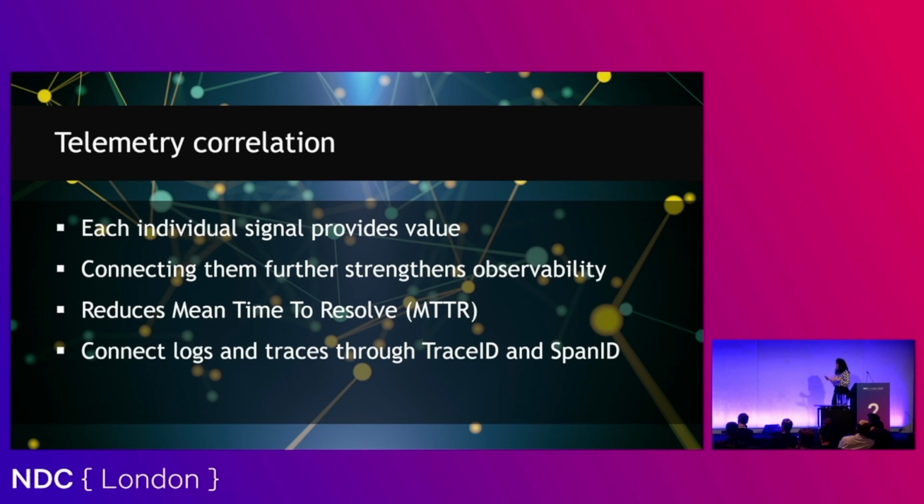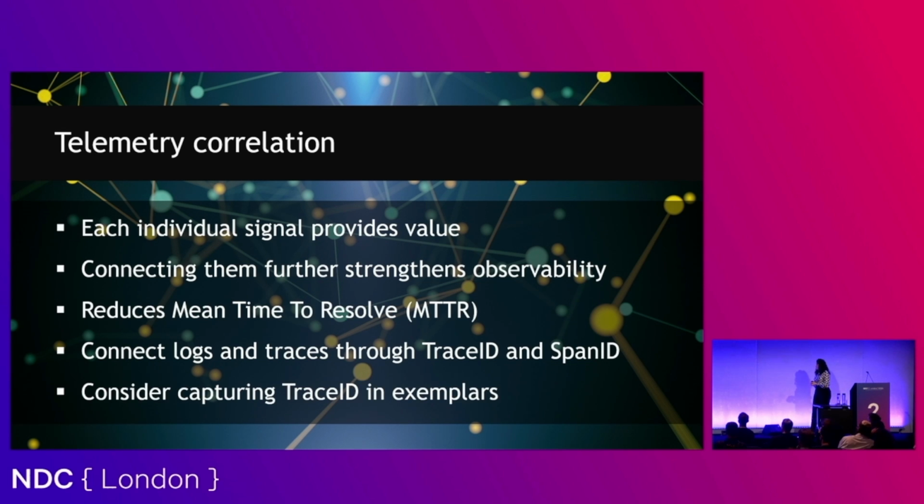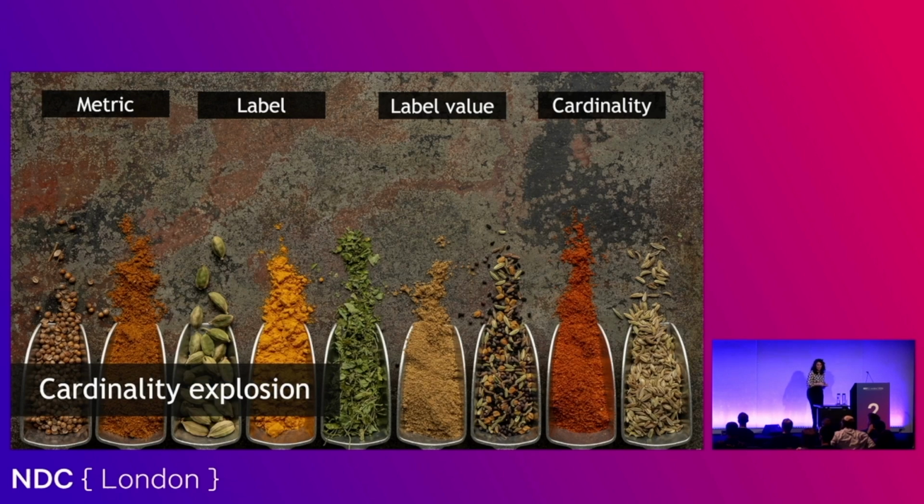So what we want to do is connect our logs and traces. So basically what's going to happen is that in our log format, we're going to have the trace ID and the span ID included so that that information is connected. If you're looking at traces, you know how to find logs, and the other way around as well. And we can also consider capturing trace ID in what's called metric exemplars. But here we have to be a little bit careful to not introduce what is called cardinality explosion. Now, what is